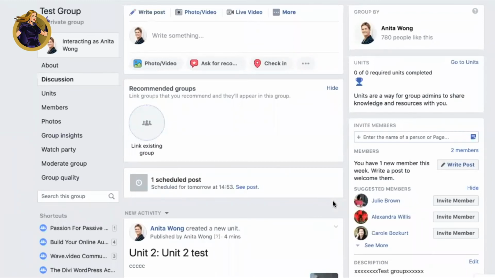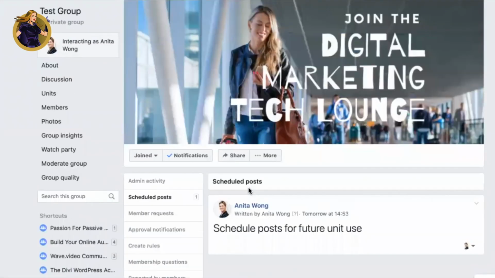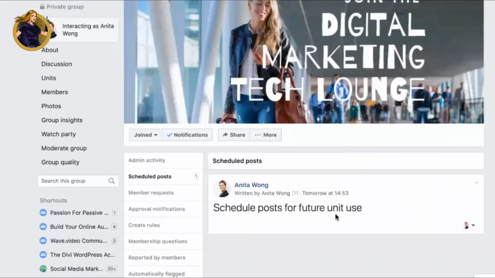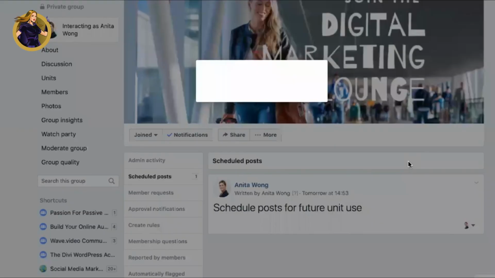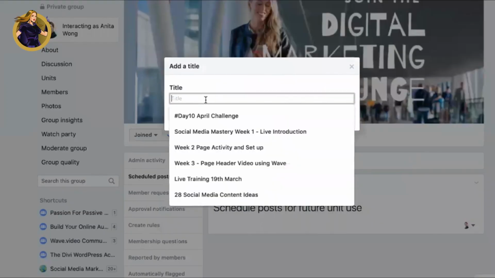Once you've scheduled a post inside of your Facebook group, it will show up here. To see that post, you just go ahead and click see post. This will open up a new window where you've got all your scheduled posts that are coming out. What you can do then is click on the upside down triangle here, and you can add it to a unit ready to go out. So if I add it to my test unit and I add it in here,